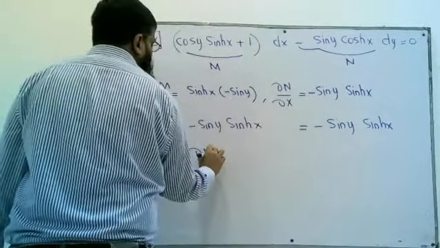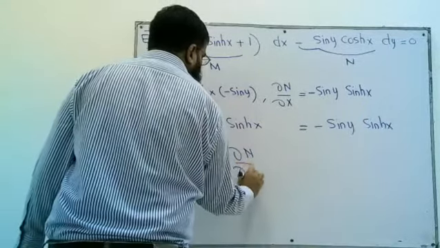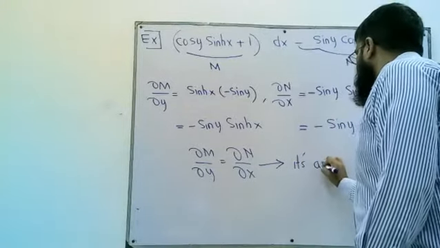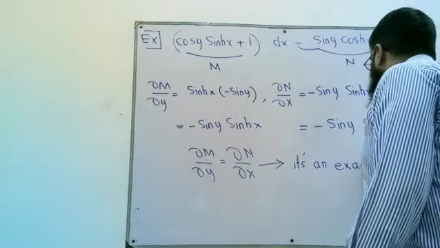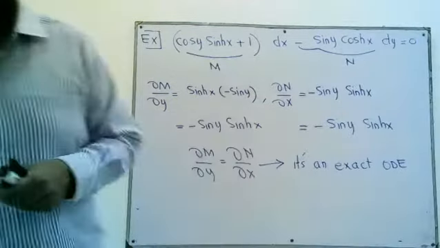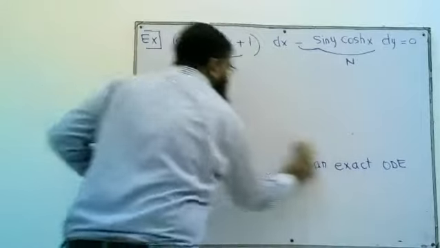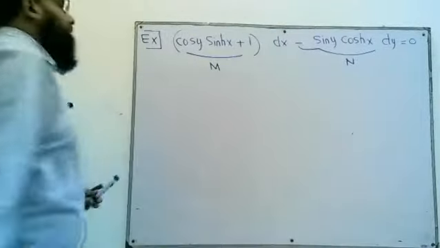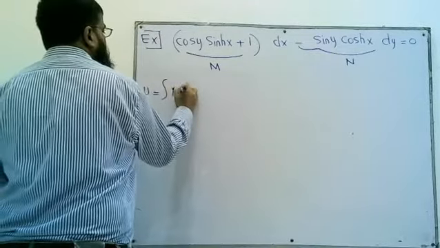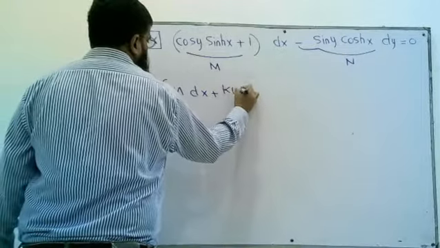Wow, partial M over partial y is the same as partial N over partial x, so it's an exact type of ODE, and we know the solution. So we don't have to solve anything. Once we have established that the two are equal, it's an exact ODE, and now we are going to write the solution. The solution is integral of M dx plus k of y,